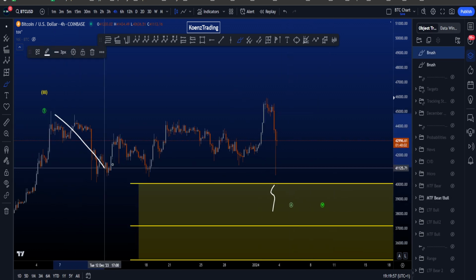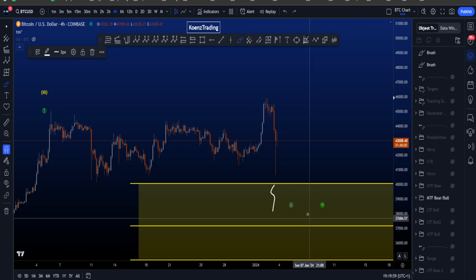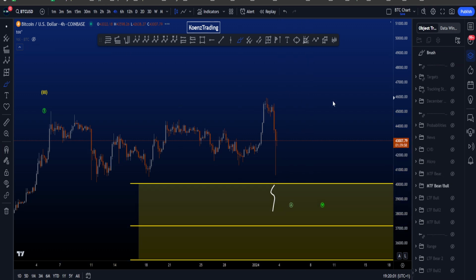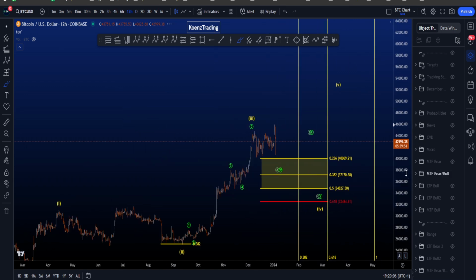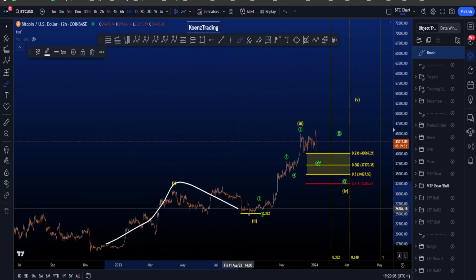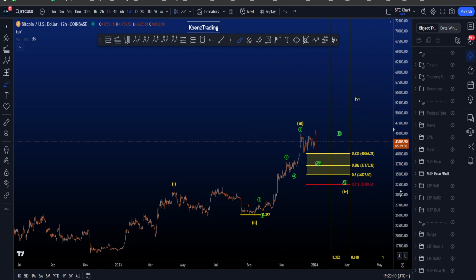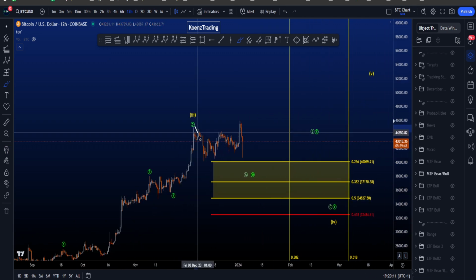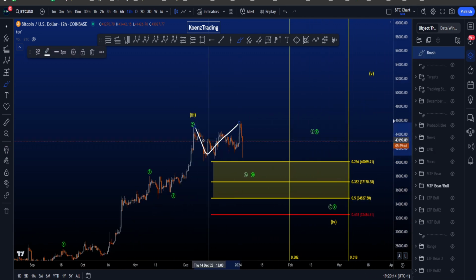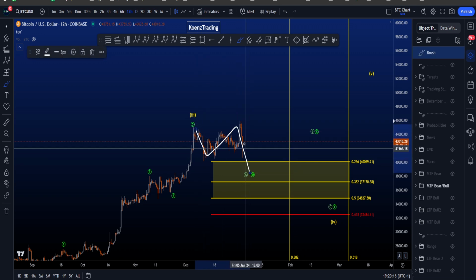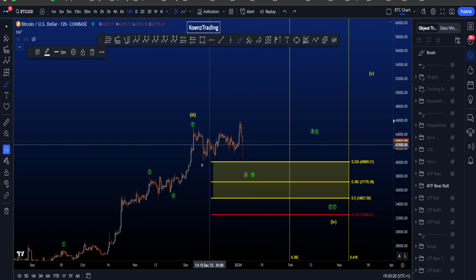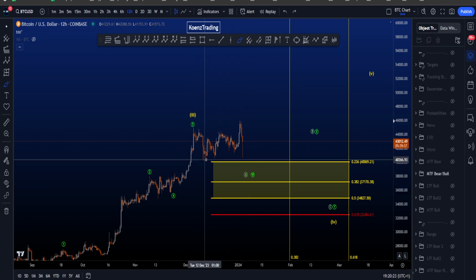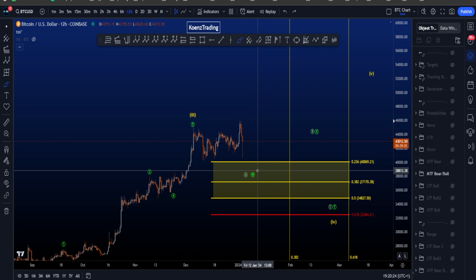Alternatively, if we are looking for an ABC to the downside with one more low, it opens the opportunity of a bigger corrective structure, where over here we then have our wave 1, 2, 3, 4, and eventually a wave 5, where if this turns into a W or a wave A, B, and then a wave C 5-wave structure to the downside, this flat scenario, preferably ending below the lows over here of the range, below 40.1k,